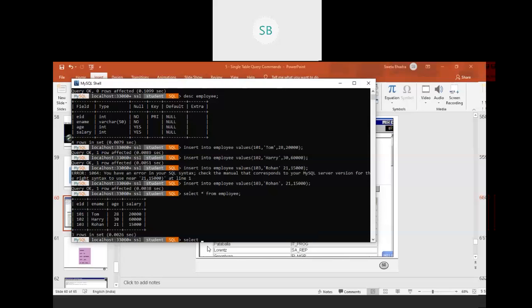Select, suppose I want EID, probably I want only ename and salary from employee where EID equal to 101.